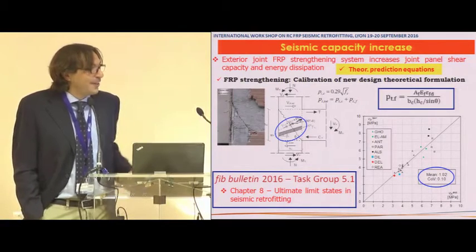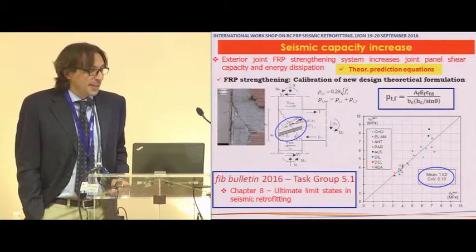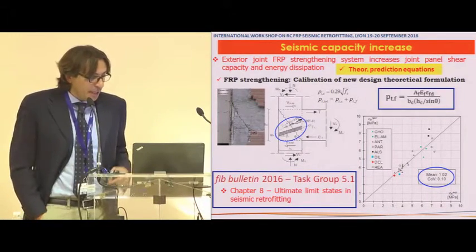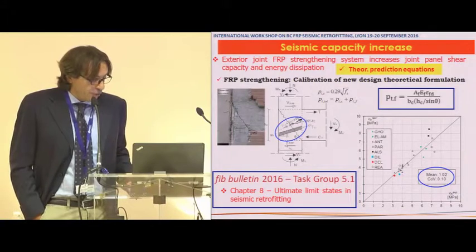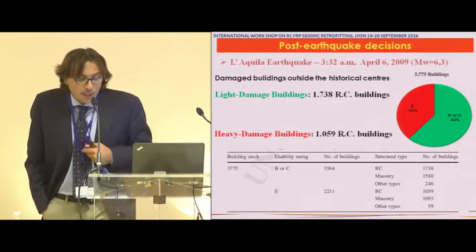And thanks to the work of Thanasis, this formulation has also been inserted in a new version of the FIB bulletin, in chapter 8. So this formulation will be available for future generations of engineers. So, coming back to the L'Aquila earthquake,